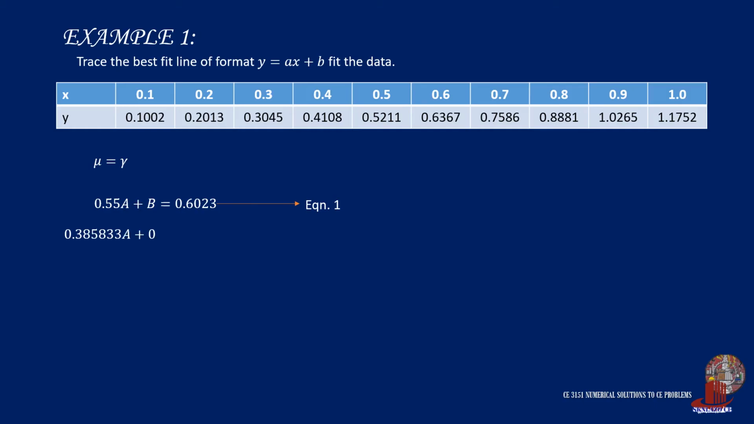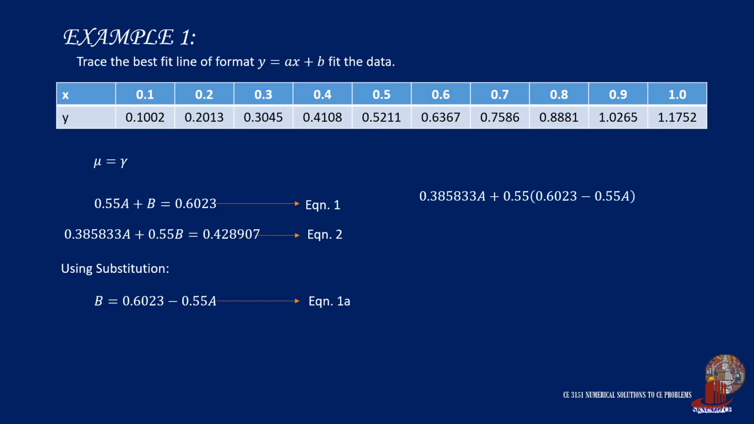With the two equations already known, you can use either elimination or substitution to find the variables. In this example, let's use substitution. From equation 1, we can come up with b equal to 0.6023 less 0.55a, which is denoted as equation 1a. If we plug this value into equation 2, it would be 0.385833A plus 0.55 of B, which is taken as the quantity of 0.6023 minus 0.55A